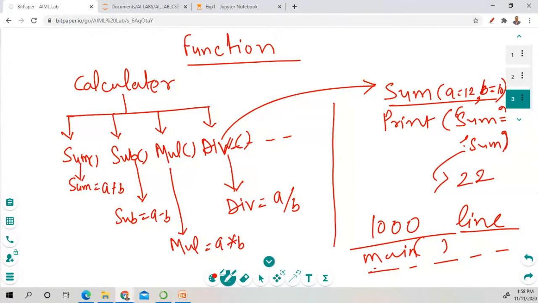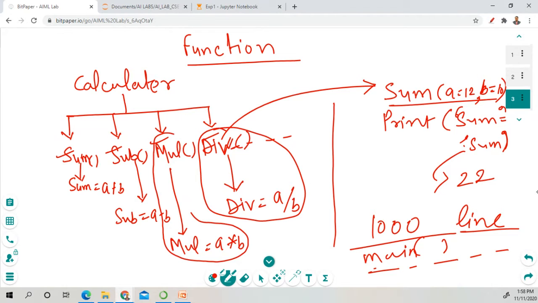It is very difficult to find out in which section this error is present. But when you create small programs like summation, subtraction, multiplication, division, if any error occurs in between, you can easily identify the error and its solution.